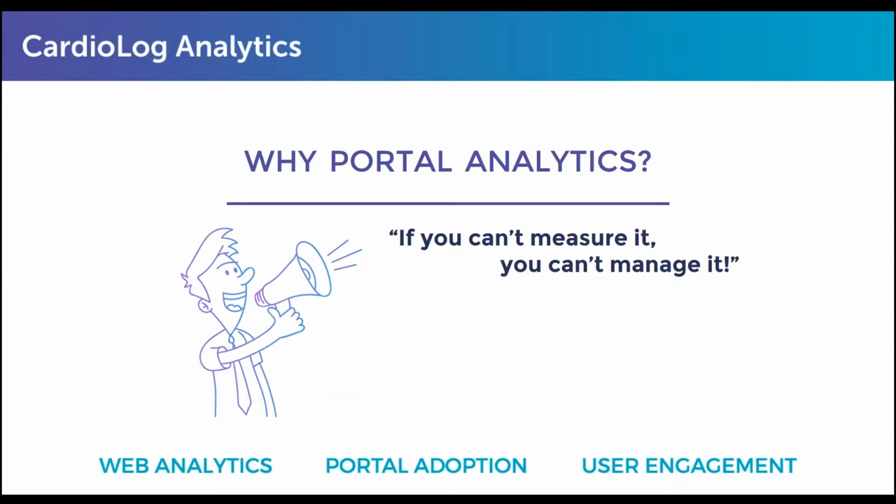So the key here is really that you can only manage what you can measure. We can only really know what's going on in SharePoint, define if the launch was successful at all, measure if people are using it, and if adoption is really increasing, by being able to measure what's going on. And that's really the end goal that we like to help our customers with. So how can we measure the deployment, analyze it,